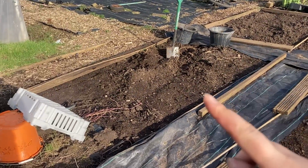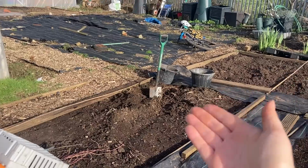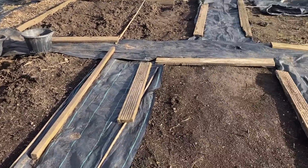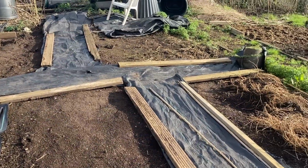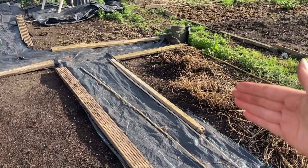So there'll be a bed here. There'll probably be in-ground beds, like no dig beds, as in, I mean, look, I am digging currently, but once I've dug out the roots I will make some no dig beds. So from this side of the plot up to about here, it was all covered with